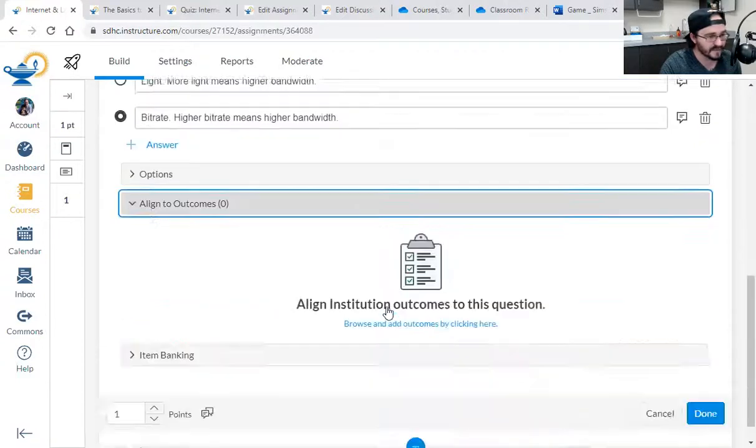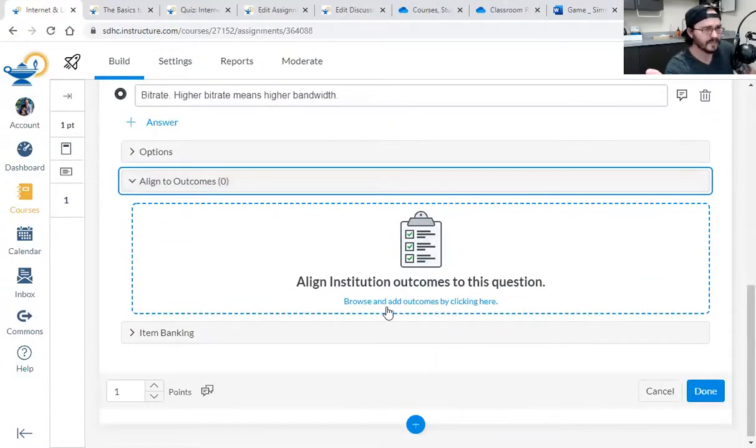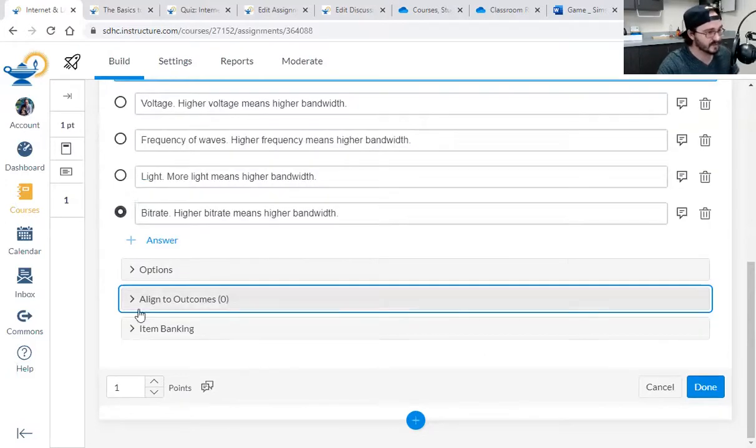You can align it to outcomes. I remember when I was teaching physics, at the first school, we were under state purview. So all of my quizzes and tests, I had to group by the standard that it was addressing, like sc.p.10.6.2. That's something to do with speed and velocity. I had to put that under all those questions. So if you are in a similar situation, there you go. Screw that though. I'm not doing it.